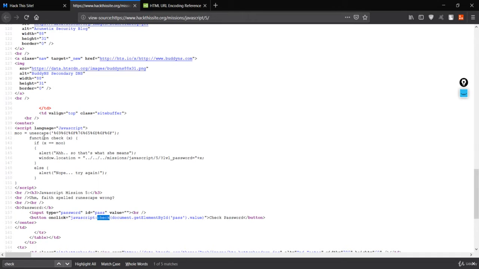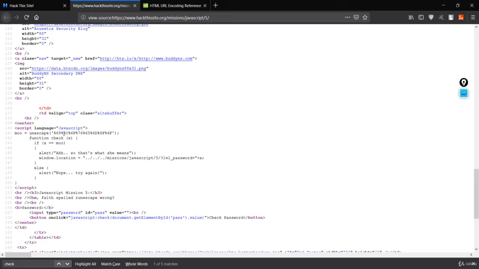So let's see this check method now. So where is our check method, which is over here? So function is the same as the method. So this function is going to just check for the x. So if the x is equal to mo, so let's see what is mo. So mo is just a wrap here. What it is doing is it is just calling this onEscape method again with this bunch of a